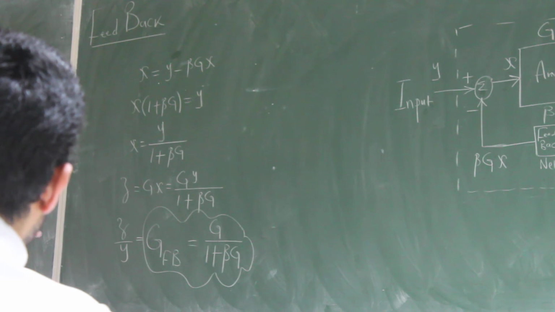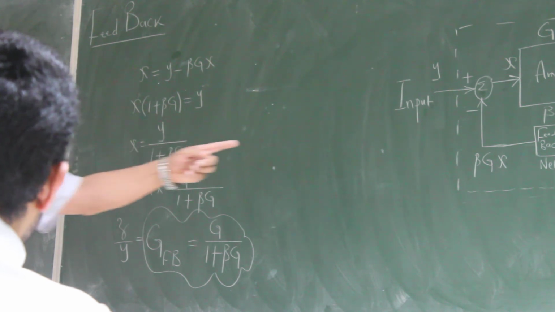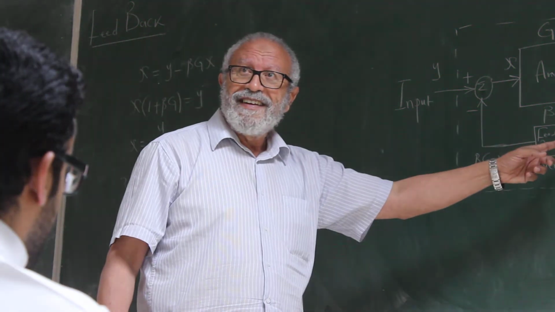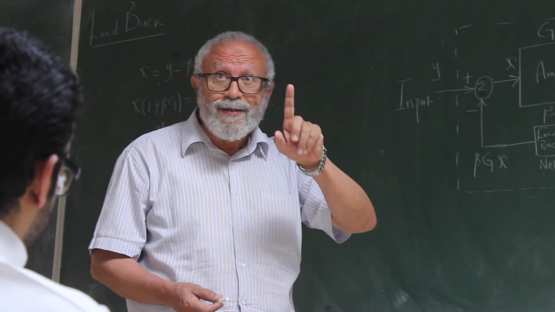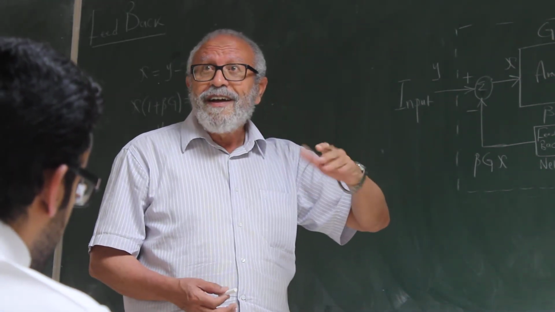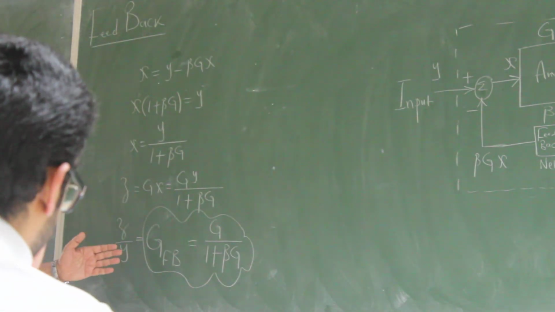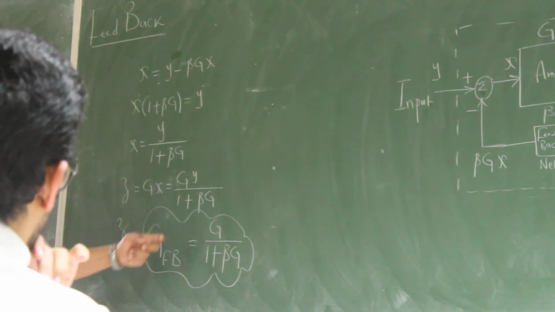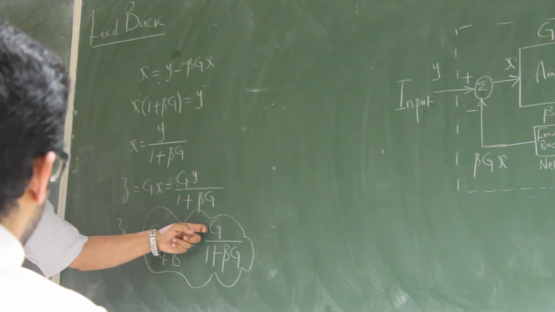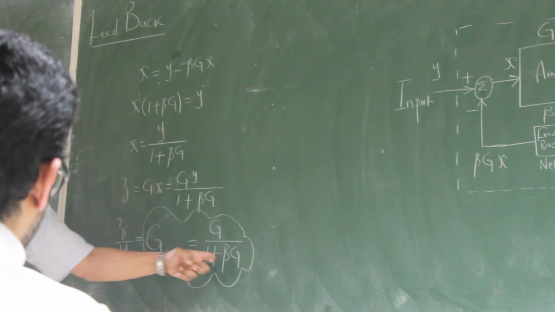بيتا is not greater than 1 usually. عشان بيتا تكون greater than 1 يبقى لازم يكون في هنا active element. احنا اتفقنا أن مفيش active element، فبيتا is usually, but not always, less than 1. So the gain will be smaller, because again, the gain with feedback will be less than the gain without feedback. This is the gain without feedback. By how much? By this quantity.